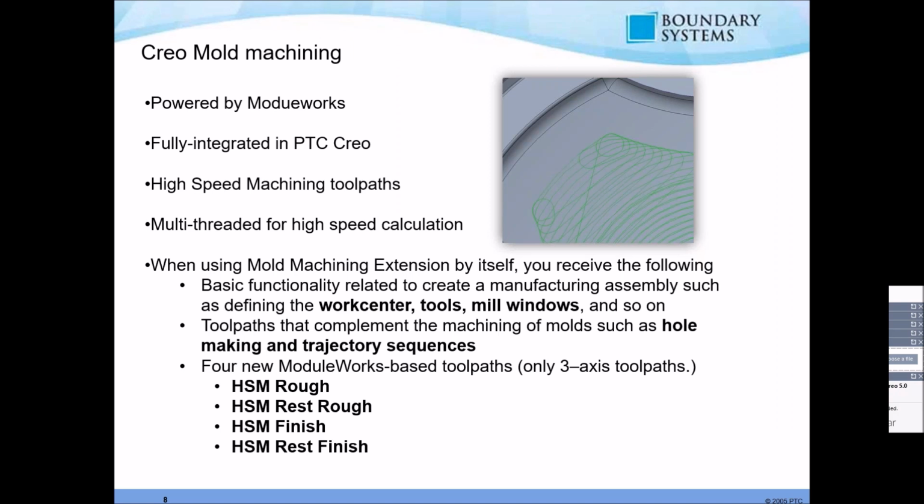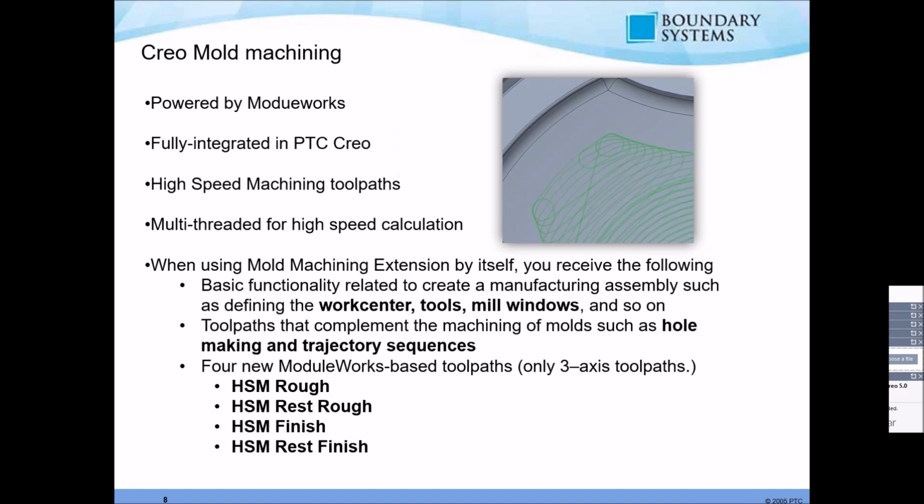Also coming with that is 64-bit capability, so we can do multi-threaded. And the toolpaths that we're going to create are also high-speed toolpaths. So I'll show you that. There won't be any sharp corners and things like that. It's going to be a nice continuous toolpath that you'll create with the mold machining